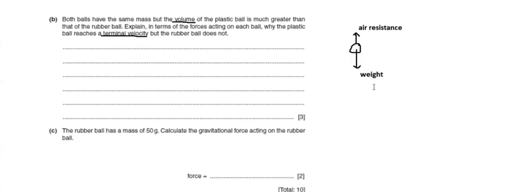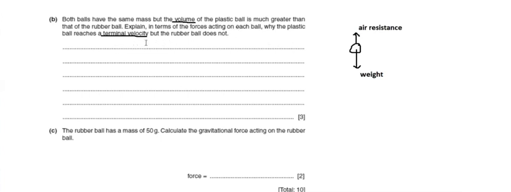But this weight of the object solely depends on the mass of the object. If the mass is more, then the weight will be more. But in our question, you can see the mass of both objects is the same, so the weight will be the same. But the air resistance depends on the volume or the surface area of the object. If the volume is more, and here the plastic ball has more volume, it will have a bigger surface area, and for the bigger surface area the air resistance will be bigger,